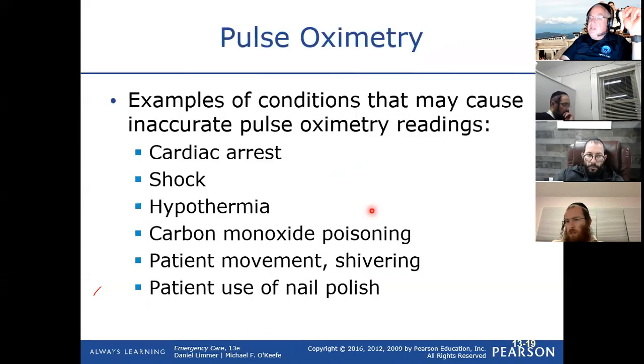It gives you a high reading. So if you were to put a pulse ox on somebody with carbon monoxide poisoning, it gives you an abnormally high reading of oxygen because the level of the oxygen in the bloodstream is high. Okay. But the problem is that we do care about level of oxygen in the bloodstream, but in this case,